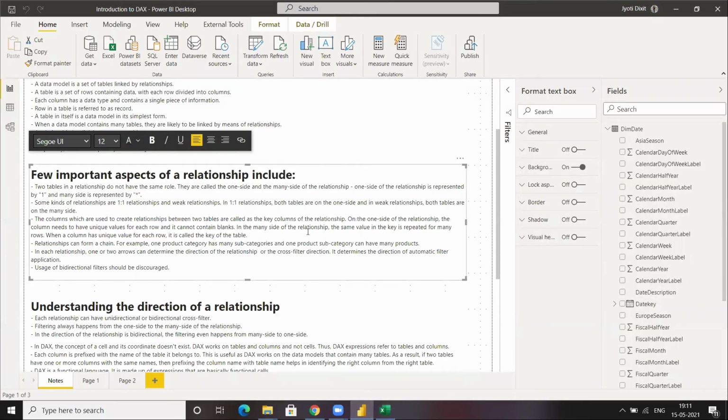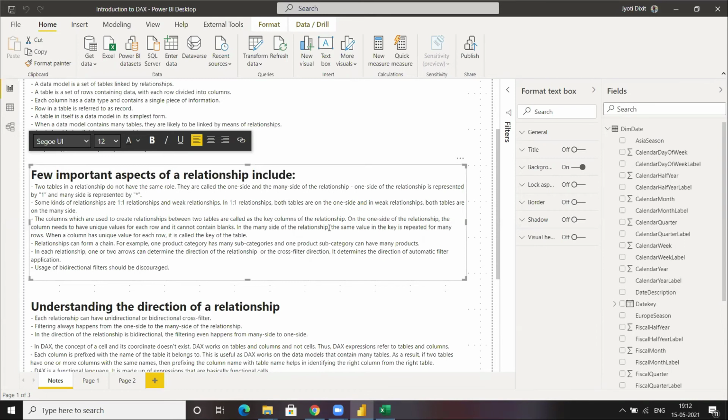In the many side of the relationship, the same value in the key is repeated for many rows. I just told you that if date key is a key column for a relationship, then in the fact sales table, there may be many transactions corresponding to one single day, and in that case obviously date key would be repeated.